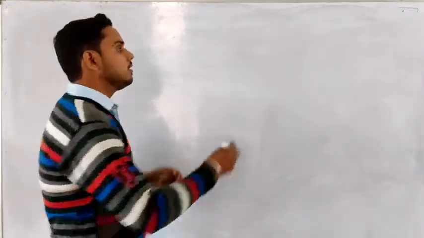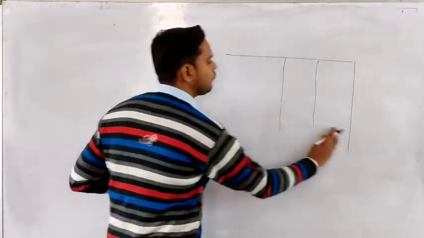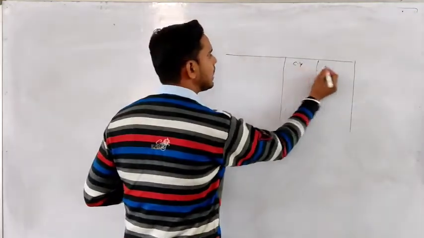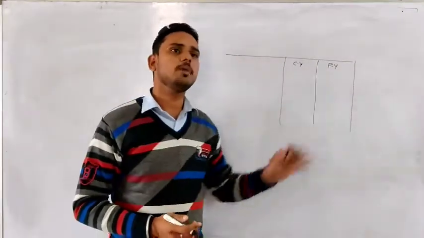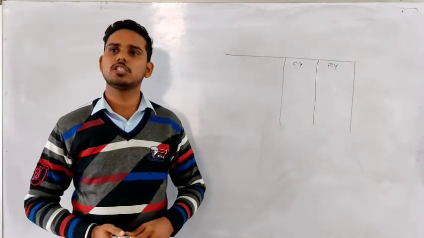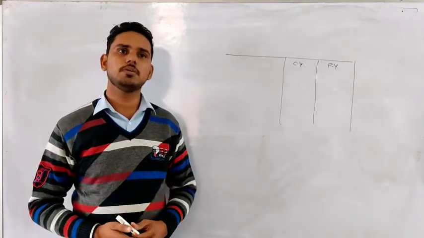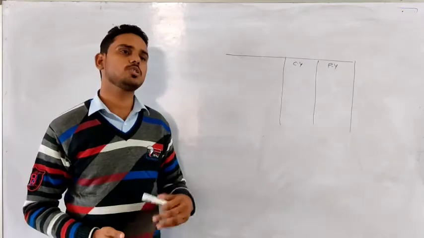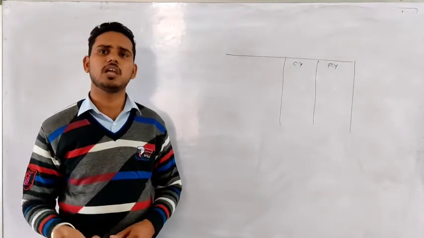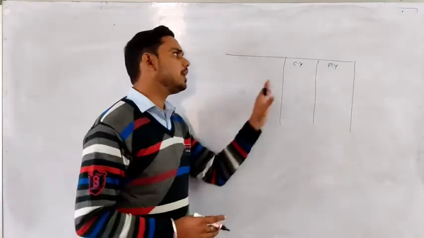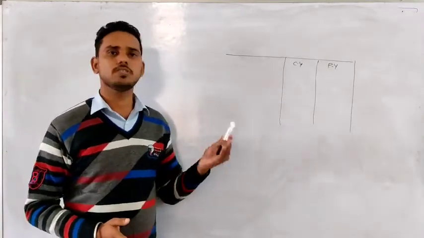In case of a company, the format has two columns for amount: one for the current year amount and one for the previous year amount. The previous year amount is only for comparison purposes, so that investors, management, or anyone else interested in the financials of a company can compare the situation of loans, investment, share capital, and other things between last year and this year. We will record those things which are given to us.